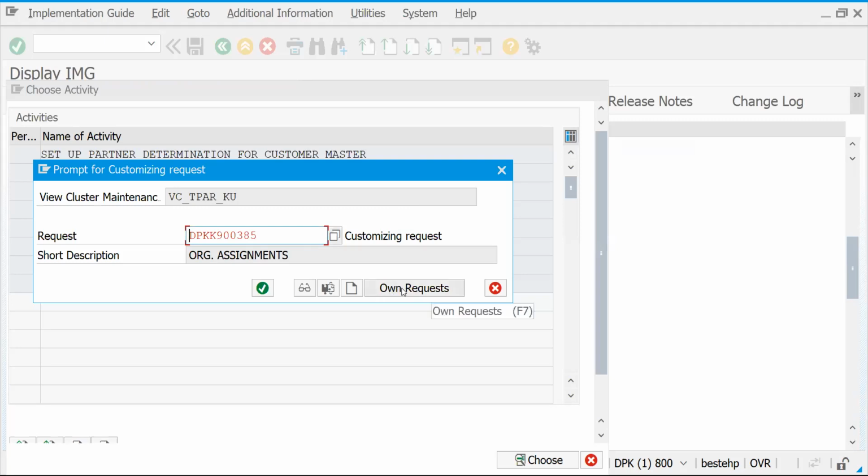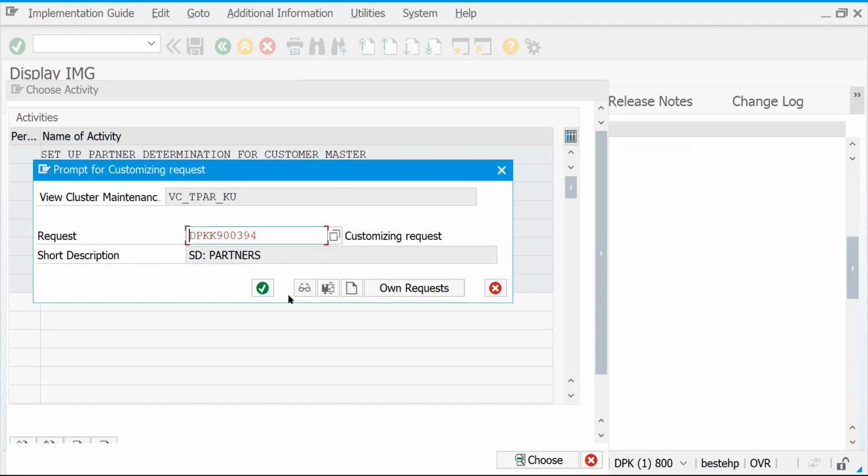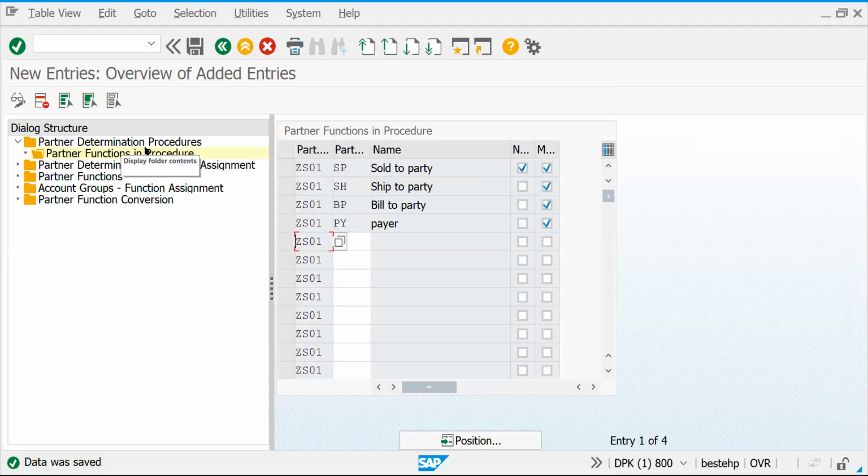Let's create a request, SD partners. Okay, so now we define the procedure and we call the partner functions.